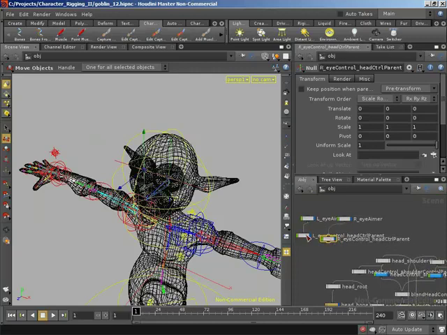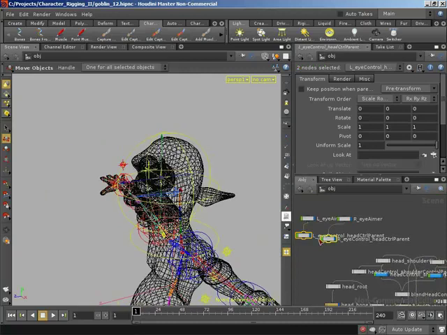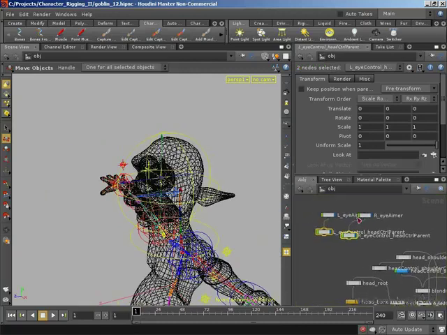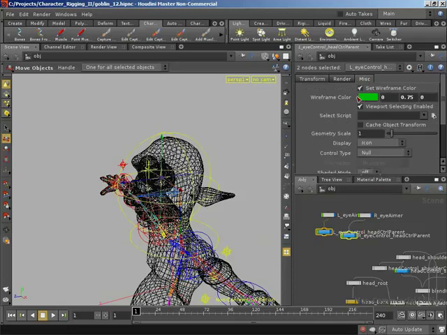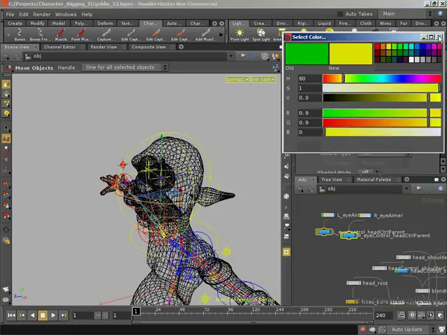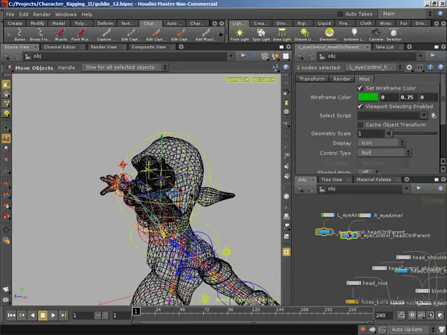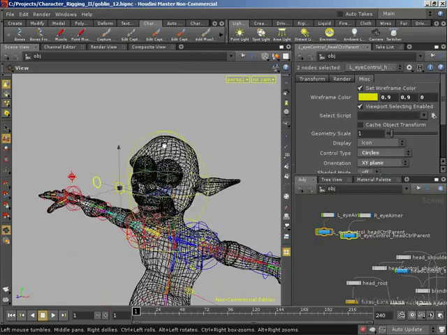control parent. If I grab both of these guys, we can start setting up some of the properties of them. I want to give them a blue node color since we're dealing with control objects, a yellow wireframe color since we're on the center of our character and these are our attached controls. I want these controls to have a control type of circles, an orientation of the XY plane. I'm happy with their size, but I do want to obviously offset them out in front of our head, something